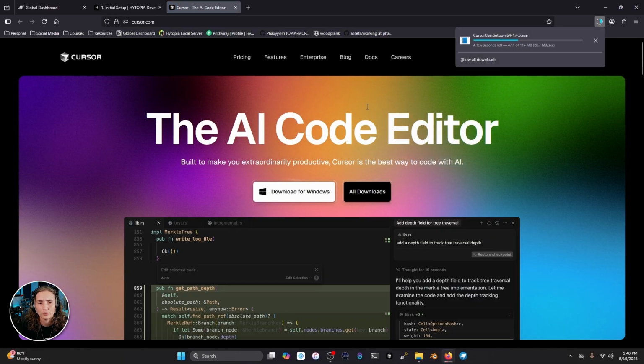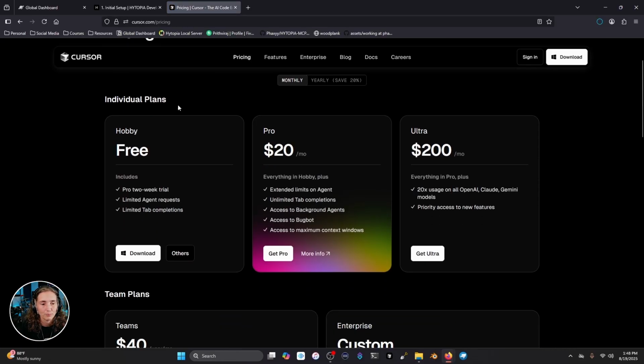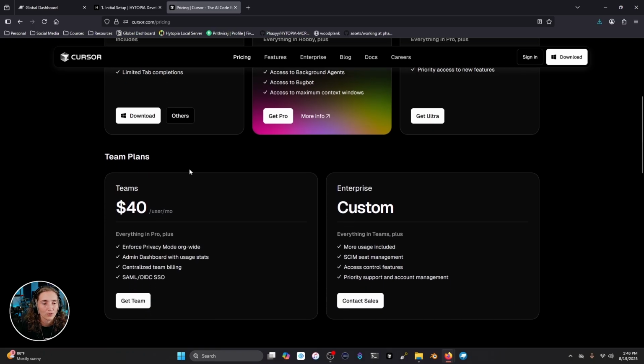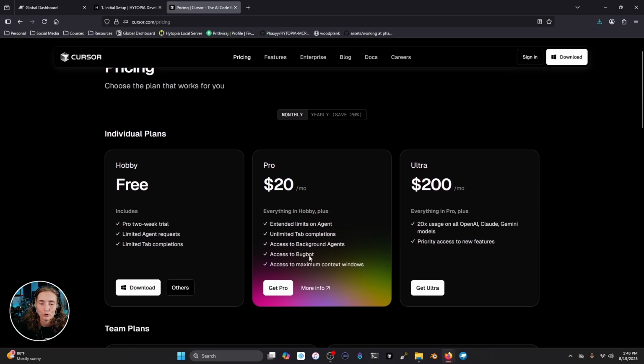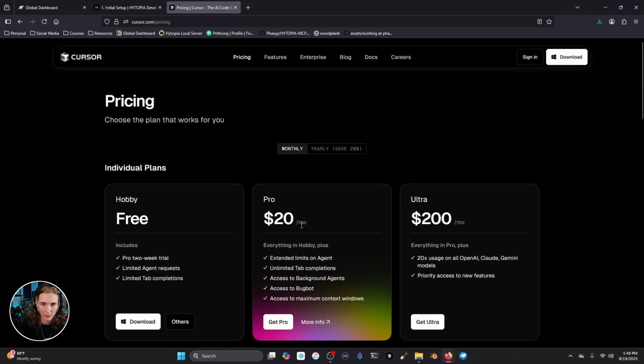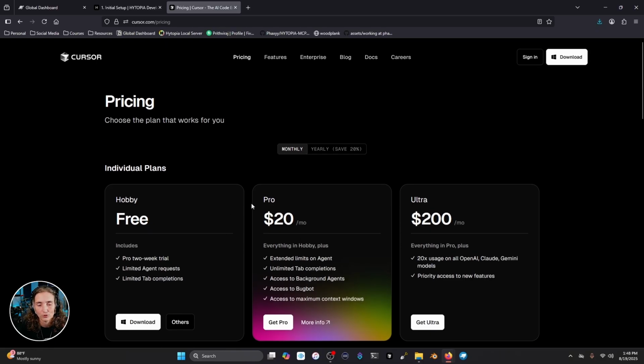It's worth noting that I think Cursor does have a free plan. I don't know what the limitations are anymore, to be honest, because they change it a lot. I highly recommend the Pro $20 a month plan if you're planning on doing any sort of heavy lifting with Cursor. It's definitely worth it. You might be able to get away with some stuff on the free plan though,